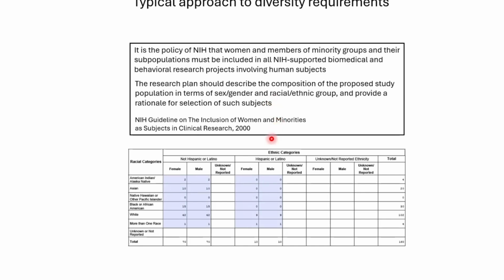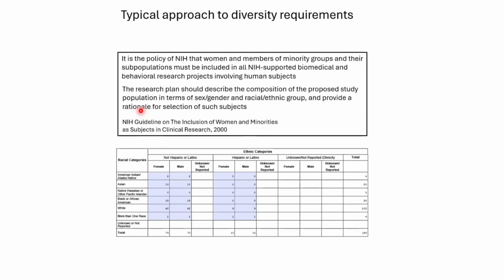So you end up with things like, I can't quite read this because it's so small on the screen, but we say that we will have 2 male and 2 female people of American Indian Aleutian descent. You know, we never do, because we can never find them and they never come forward. But the point is that that's what we propose to do. And the idea, and everyone does this, is to try to produce a diverse sample along these lines, and then essentially analyze that sample as a homogeneous sample.